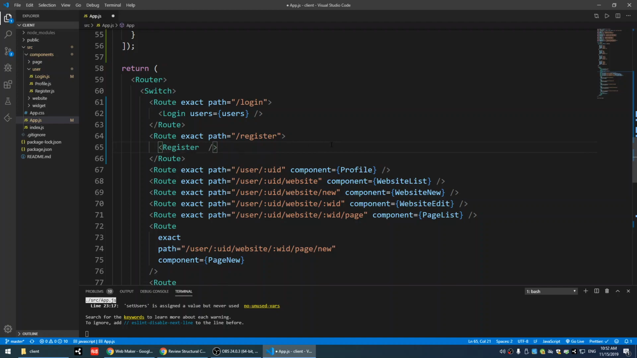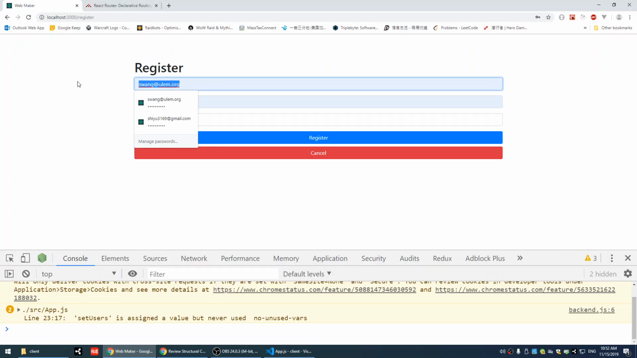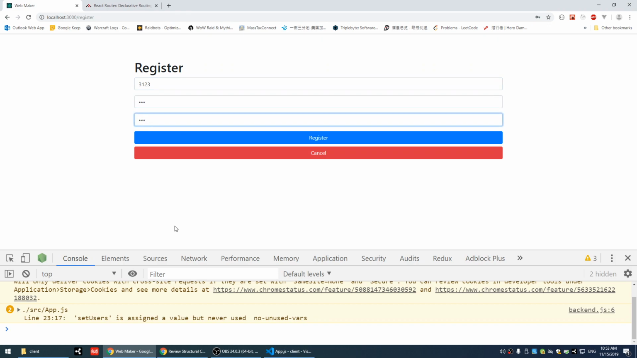And we will need the password? Right, let me think what we need here. So the register, logically every time we go to register we need to do two things. So we're gonna allow you to enter the username, enter the password, and then